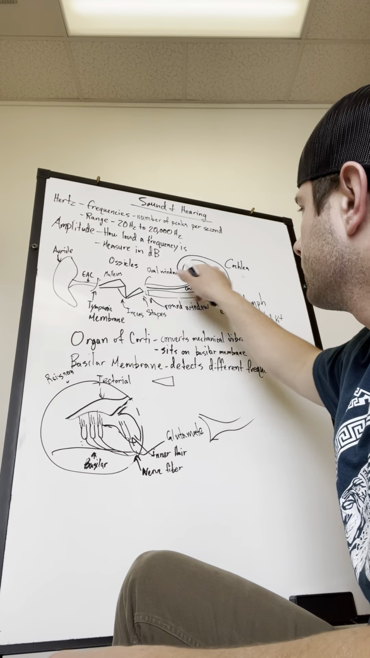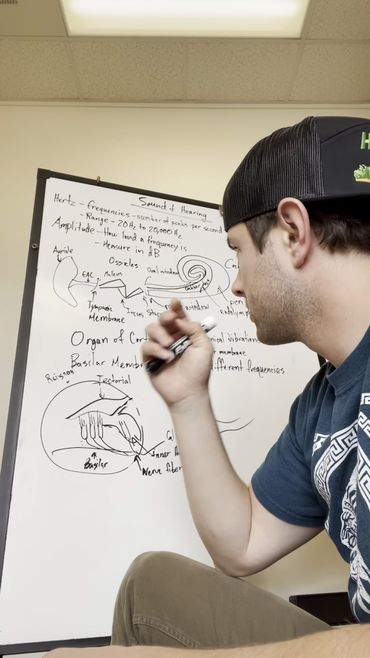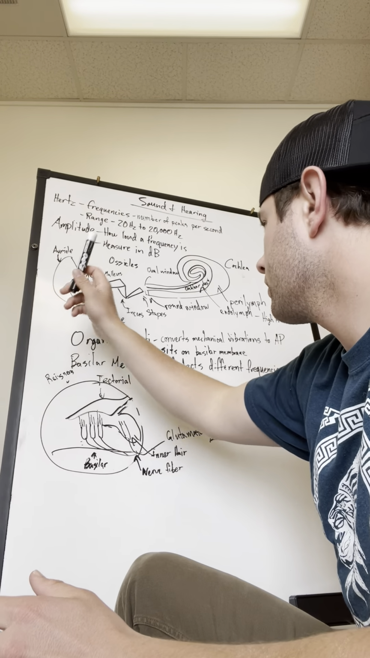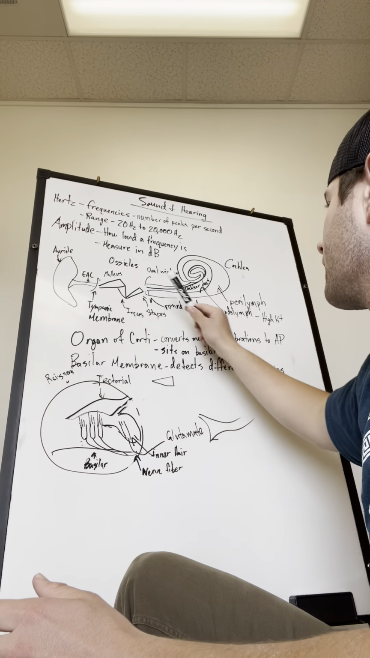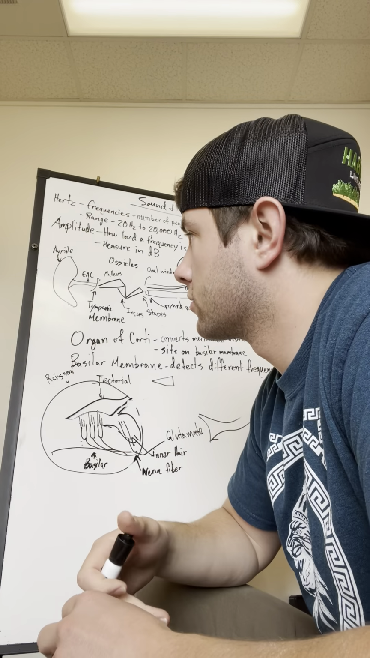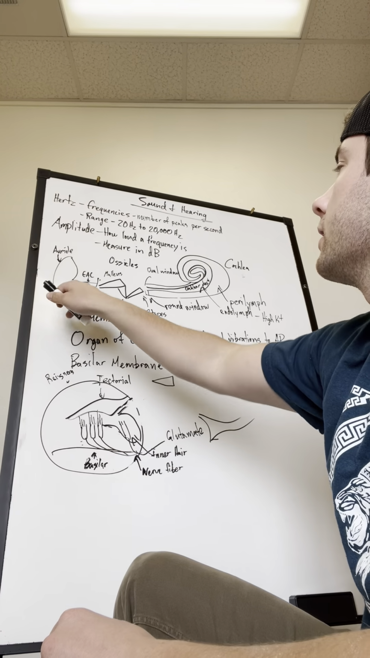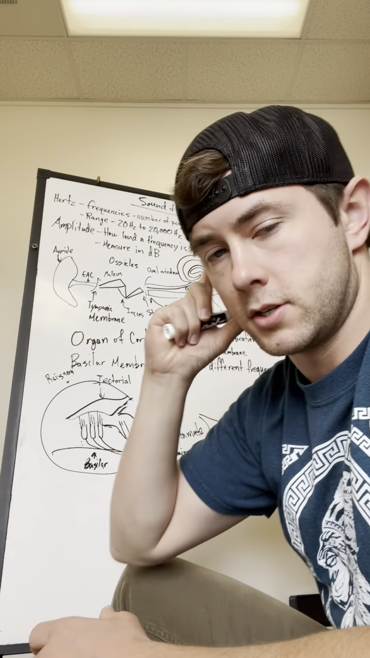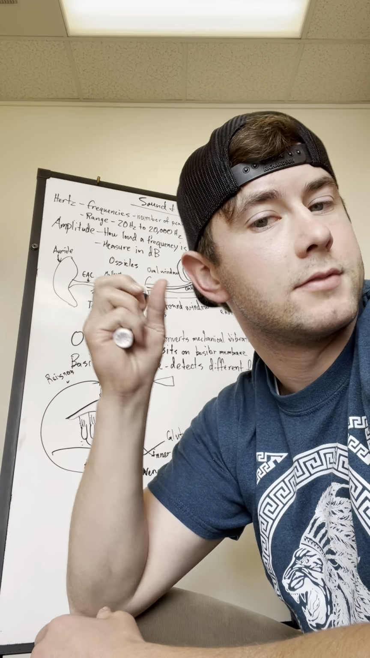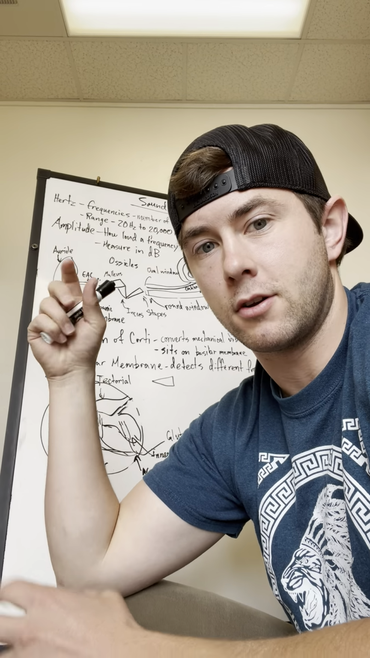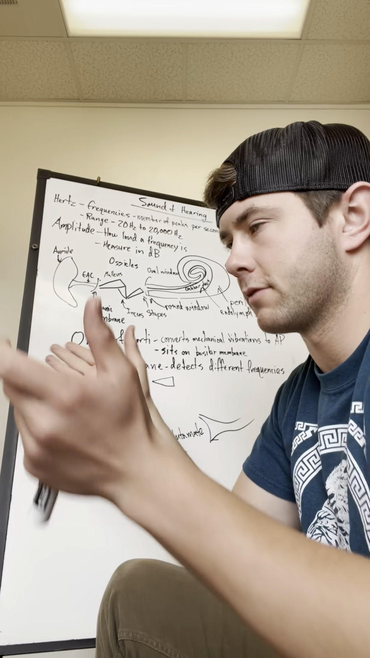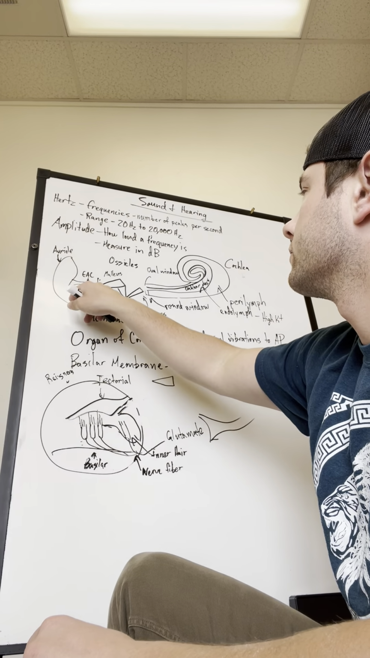So let's look at the anatomy of your ears, your outer ear, your middle ear, and your inner ear, and some of the structures that work with that. We have your auricle, which shuttles all the sound waves. It gathers it all like a funnel. Then you have your